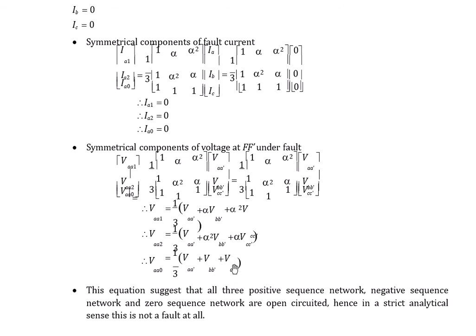Because all the phases get open, there is no flow of current. If a fault is there in the system, then there is a fault current, but here we don't have any fault current. All the voltages are there, and they are all healthy voltages. There is no sequence network because all the phases are open and there is no sequence current. If sequence current is not present, then how will a sequence network exist? So if all three phases get open, it is a normal thing, not a fault.